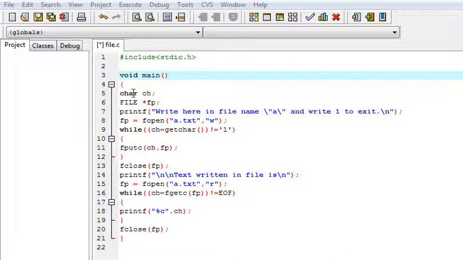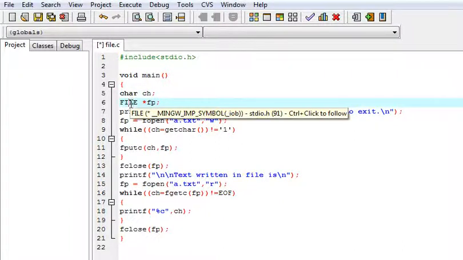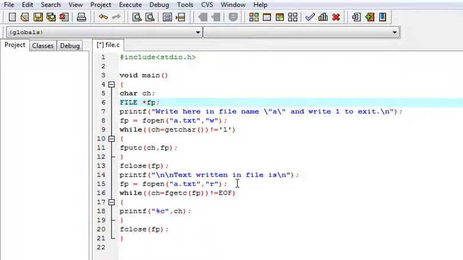I have created one character type variable ch, and this is a file pointer of FILE type. This stores the location of the file we are using. Here we have just written a command for the user.